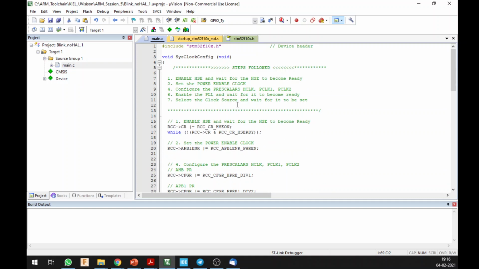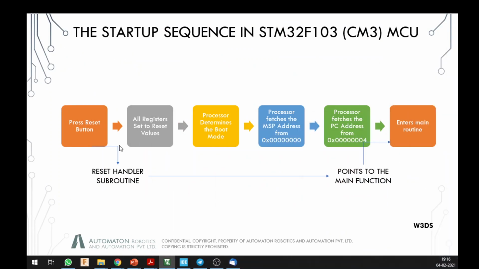In this session we will be talking about the startup sequence. If you look at the slide, whenever you press the reset button, as in whenever you are starting the CPU or applying power to it through the port on your board, whether it is a chip on a custom board or a developer board, which in the case of STM is the Nucleo, equivalent to the Arduino for your AVR processors, you always have a reset button.